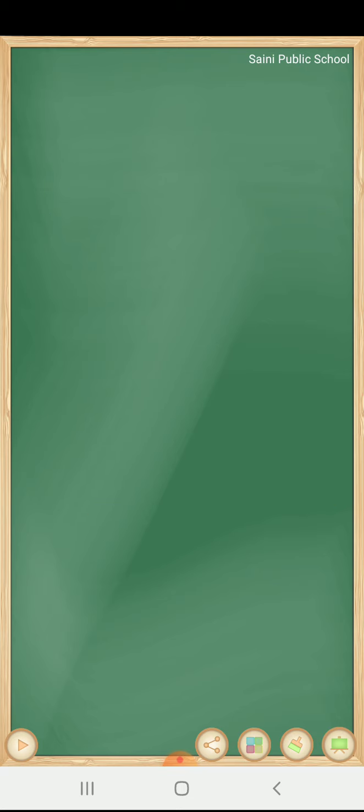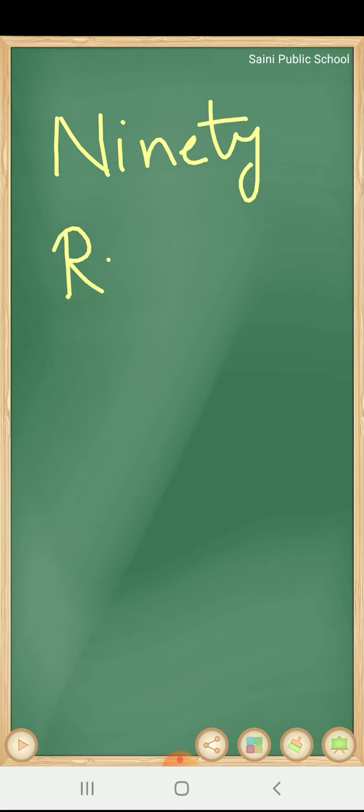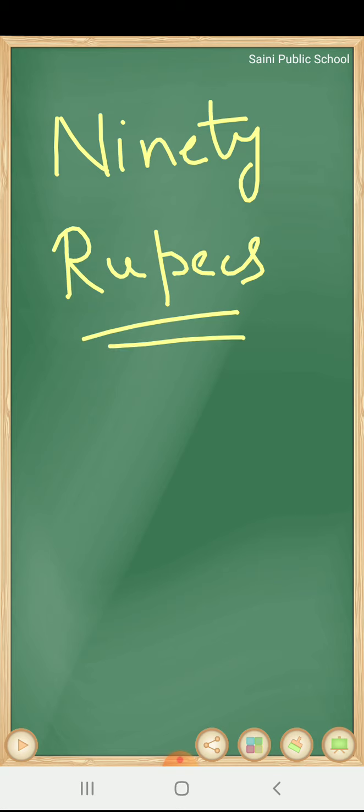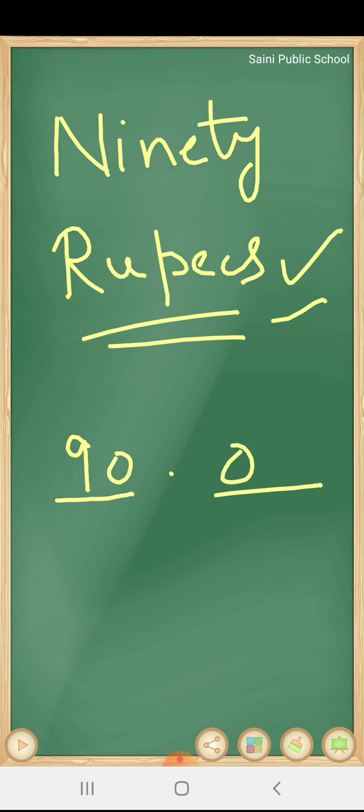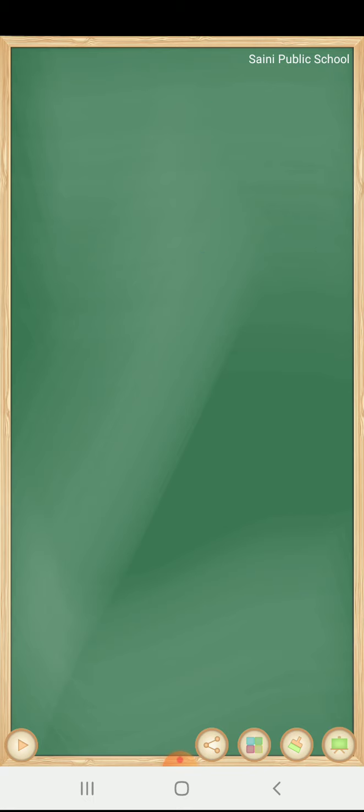Let us discuss one more example. Suppose I want to write 90 rupees. In the same way we will use a dot here, and here we will write rupees and here paise. Now here it is 90 rupees in this question, so here we will write 90. Now there are 0 paise, so we will write here 2 zeros. So 90 rupees, and we will use this symbol for rupees. Okay, simple. So in the same way we can write any number.